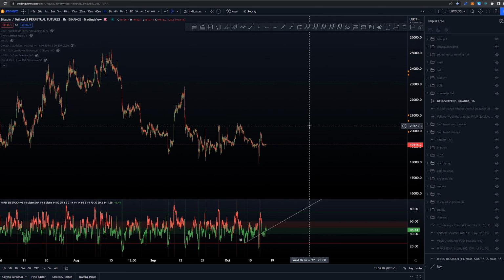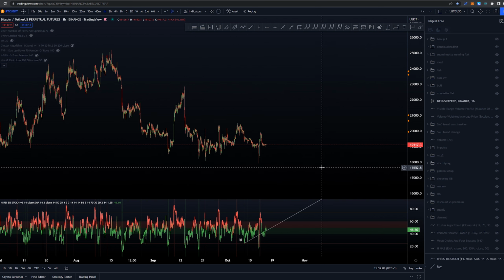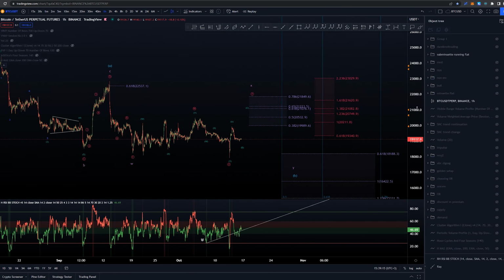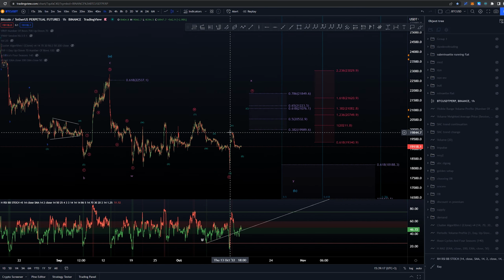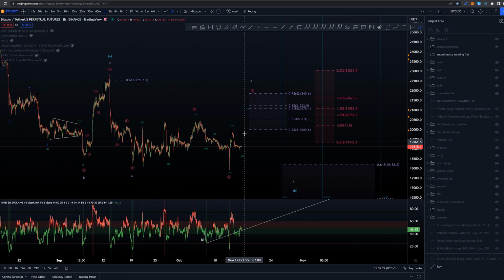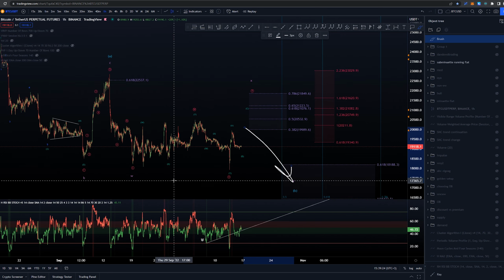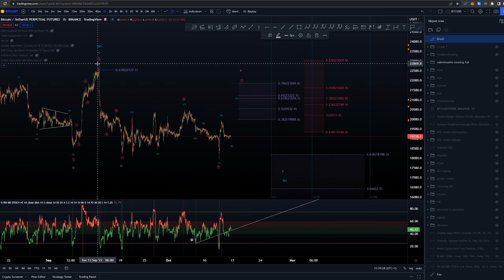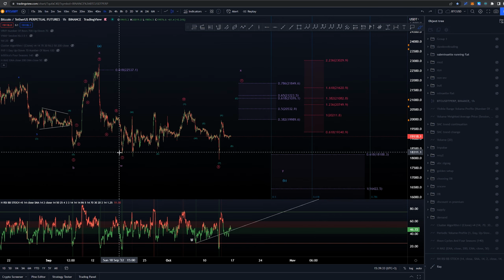Yesterday we went through the higher time frame structures coming down all the way from the 69k area, and today we're again focusing on these smaller time frames in the more local structures. So the main ideas that I got here are two different counts. Both of them are saying that we could be looking for some higher pullback up higher before we are again moving down more. On this count, we had a three-way structure coming down from the highs of around 22.8k into